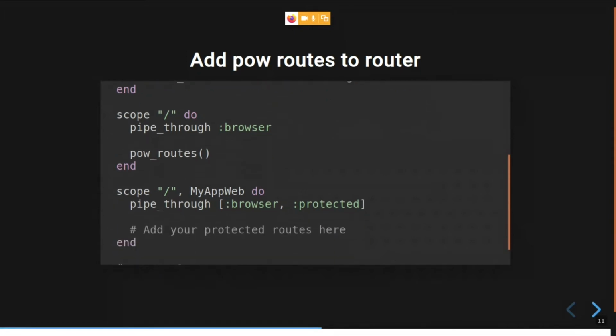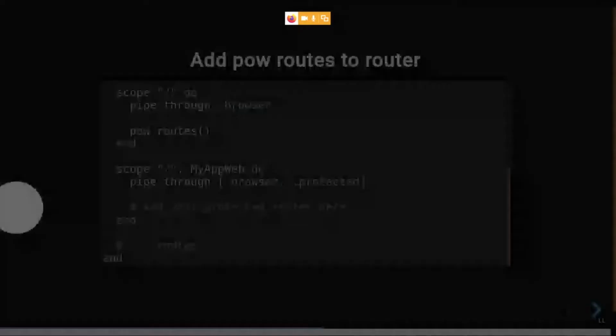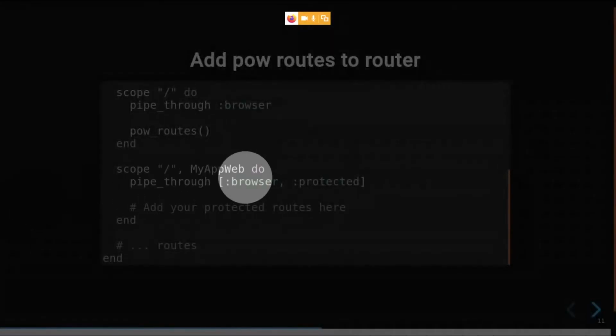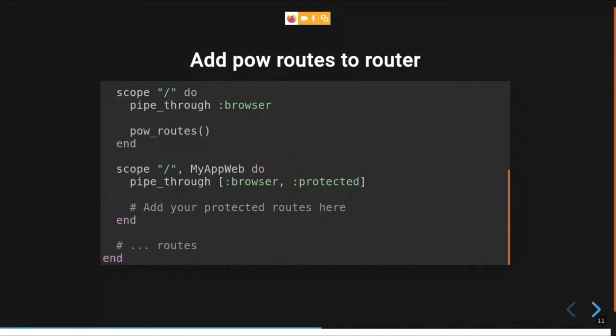And the rest is basically, if you want authenticated routes, you just create another scope where you pipe through our protected pipeline and add the protected routes under that scope. And for anything else, you can do what you normally do with a Phoenix application.